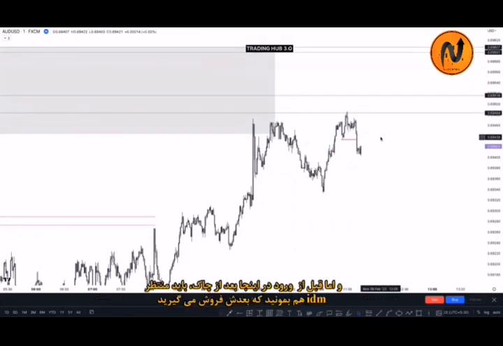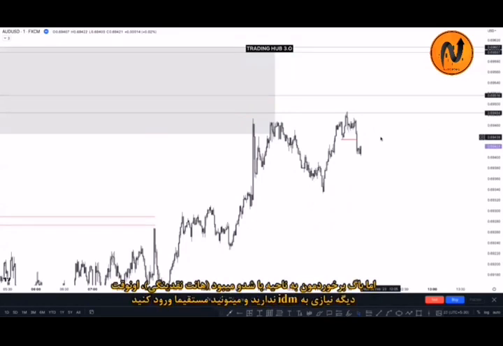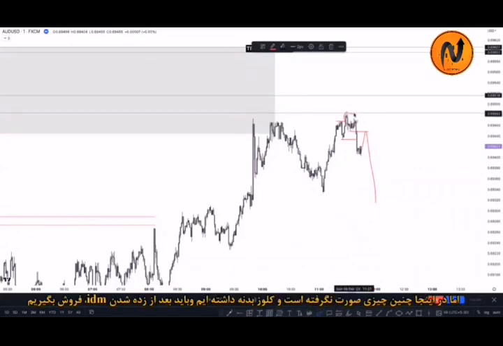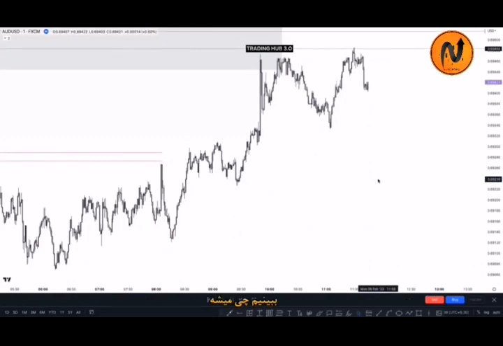So before entering, what criteria should you follow? You have to wait for a CHoCH and inducement and then sell. If price just sweeps the liquidity, then you can sell here directly. For example, this structure just swept the liquidity, so you can sell directly because price already grabbed the liquidity. But in this case, price did not grab the liquidity, it just broke the structure and the candle closed below it. So the market needs inducement and then sell, right? So let's see